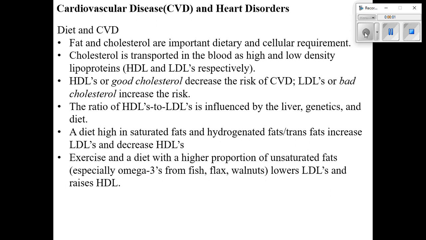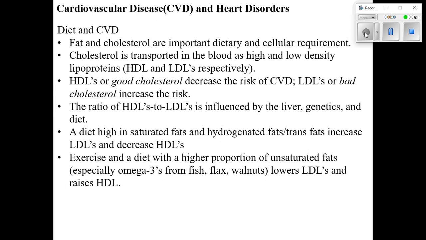Hello, Science 30. This lesson is going to be on cardiovascular disease, heart disorders, and some other disorders associated with blood vessels. I'm going to talk about several different things that can increase the likelihood that someone would go on to develop cardiovascular disease, and that primarily does include heart attack and stroke, that we'll talk about a little bit later. On this slide here, what I do have is the relationship between diet, what you take in through your